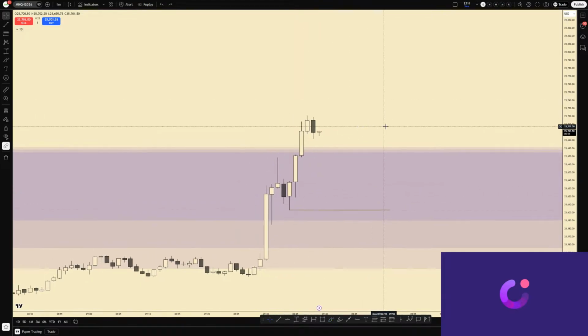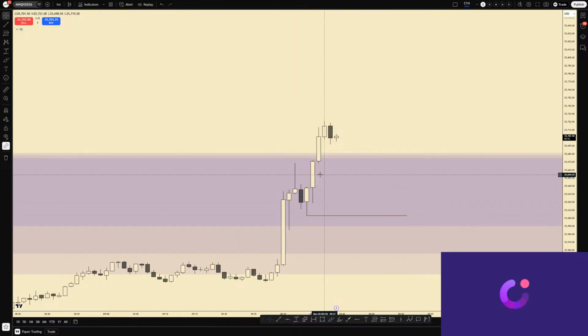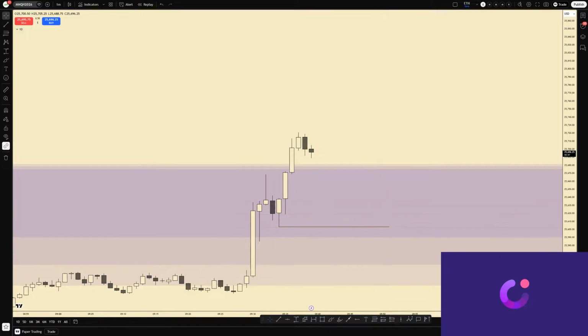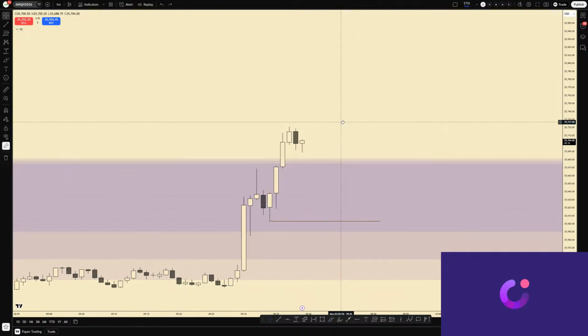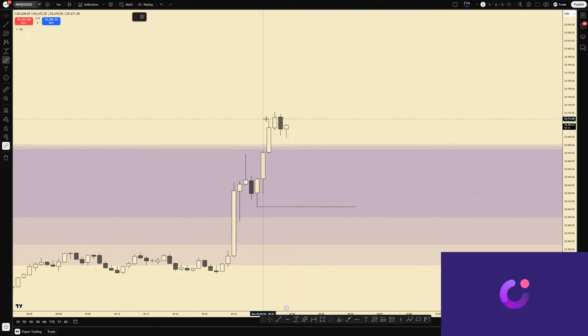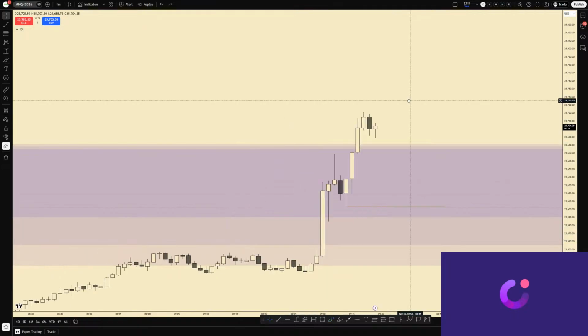But since there are these big white candles, these imbalances, if the price is going to be bullish, I would rather see it consolidating around here and buy the strength instead of buying this weakness. Okay,